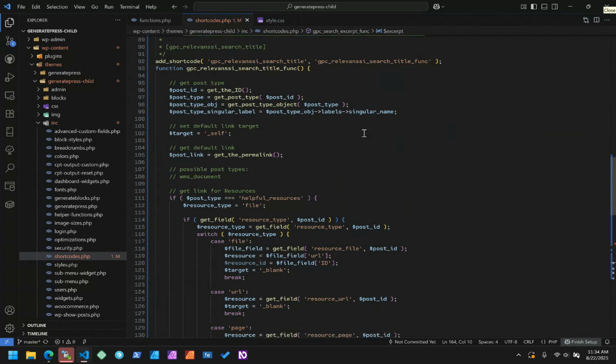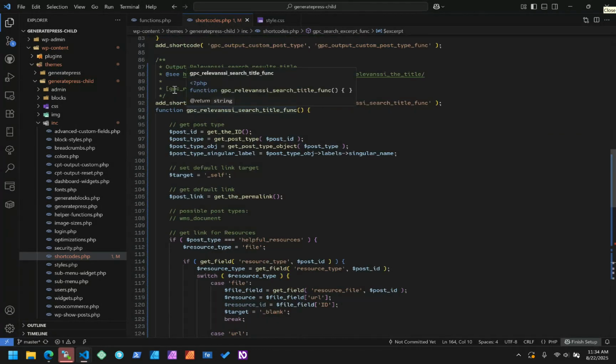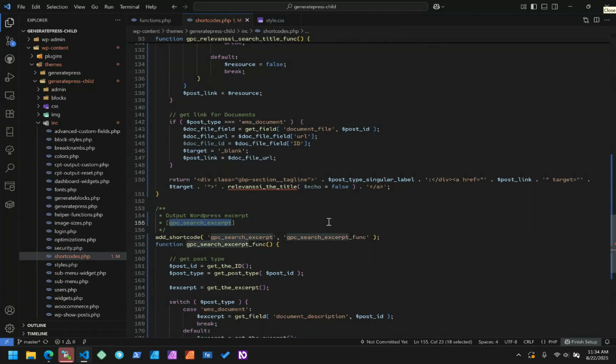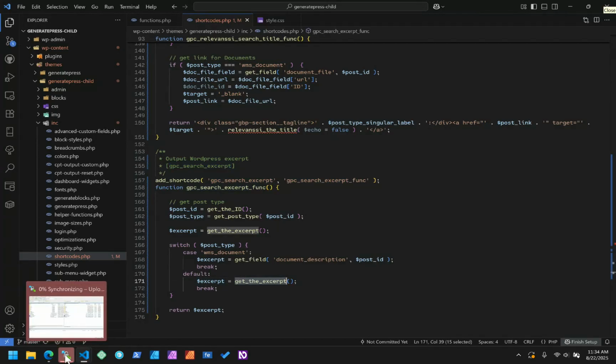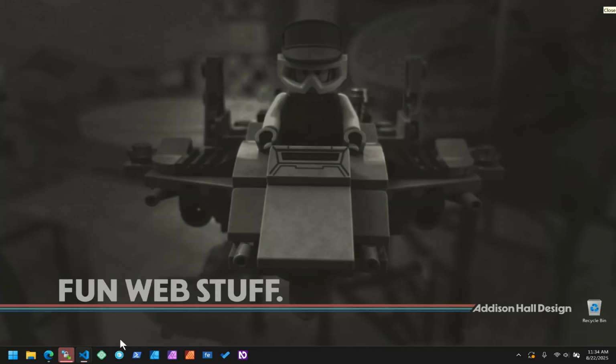So I have my two shortcode functions. We have a new title shortcode here, and we have a new excerpt shortcode. And again, this is so I can add in custom excerpt sources for my custom post types, but we're really just using this default. So now that I've done that, I'm saving it. It's uploading to my server. We will not commit it to GitHub until I know it works. Okay, so now